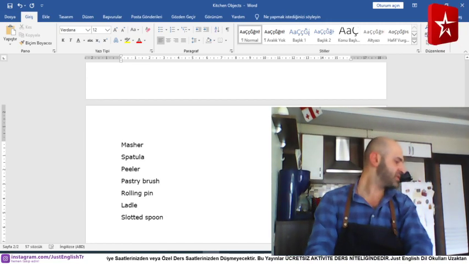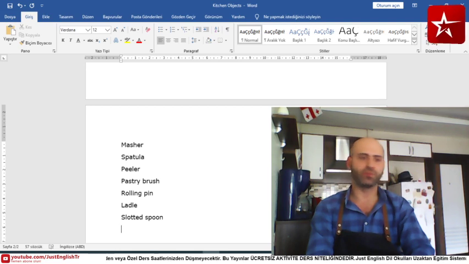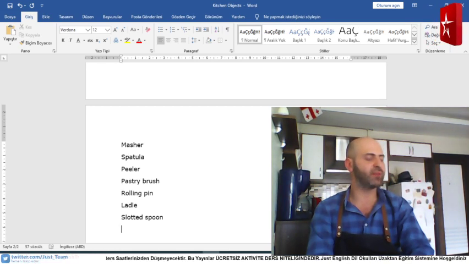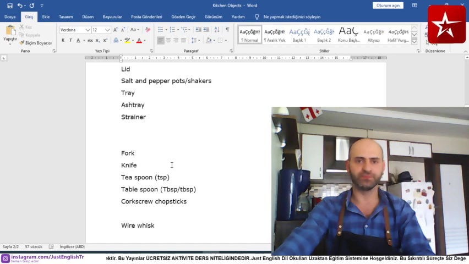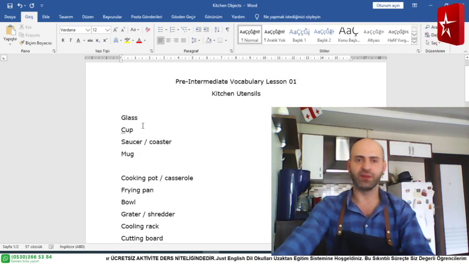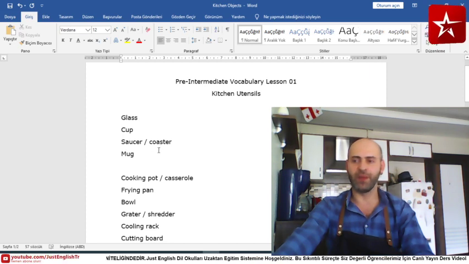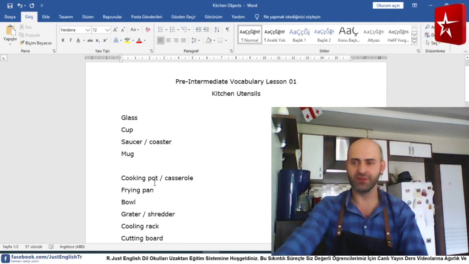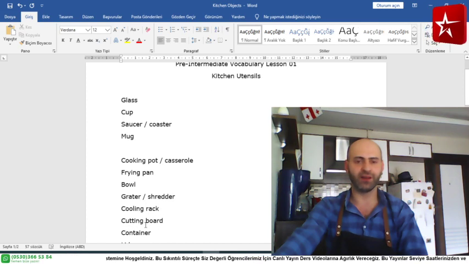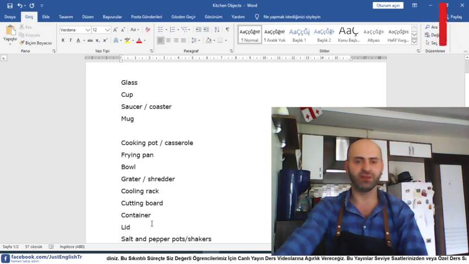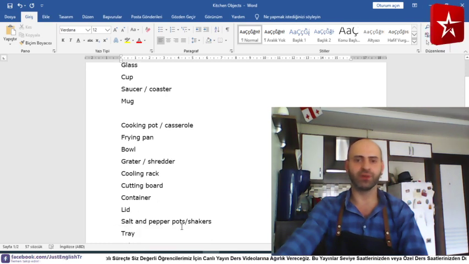So far, I think I have explained all the utensils that I have in my kitchen. Now let's have a look at what we have learned today. So, we have learned glass, cup, saucer, coaster, mug, cooking pot, casserole, frying pan, bowl, grater, cooling rack, cutting board, container, lid, salt and pepper pots or salt and pepper shakers,